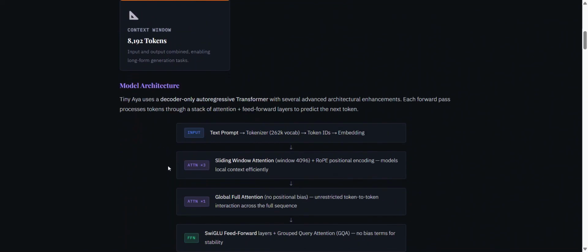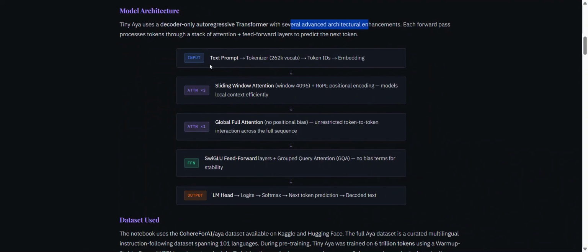So the model architecture uses a decoder-only autoregressive transformer with several advanced architectural enhancements. First we have the input, which is the user text prompt. We need to embed it. Then next we have sliding window attention plus rotary positional encoding that handles the model context efficiently.